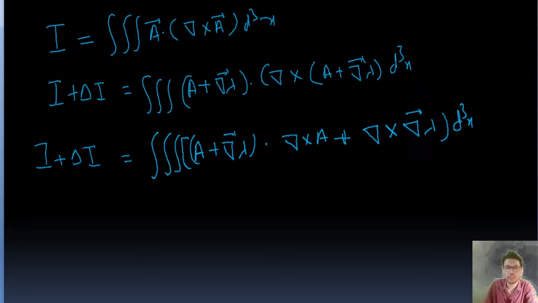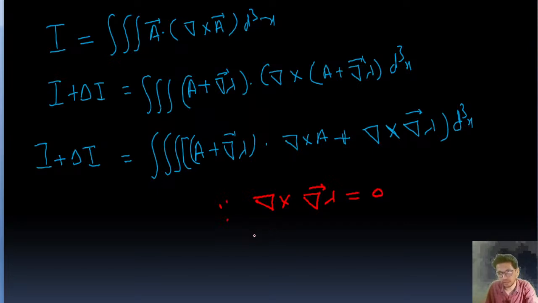Okay, so here guys, we know this property, since curl of gradient equal to 0. I have already explained this property in my mathematical physics class. In short, I have explained curl of grad equal to 0. So this is curl of gradient, so this value will be 0. So what is remaining now? So I plus delta I is going to be